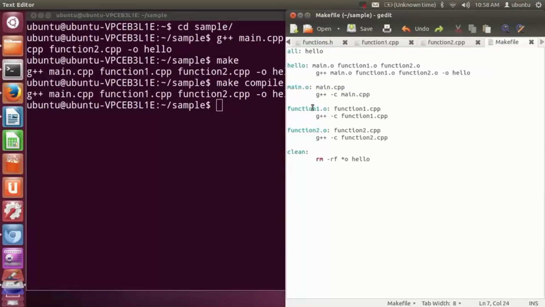Okay, in the same way I have created the object of function1 and function2. Function2 has dependency function2.cpp, and I'm executing function2.cpp here and function1.cpp here. Okay, and the clean command I have given to clean or remove all the object files and all the executable files. So when I execute make clean, it should remove all these object files and the executable file